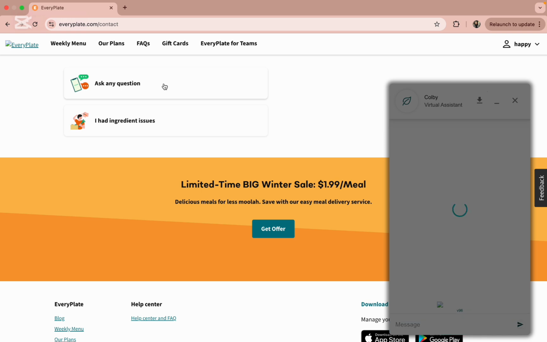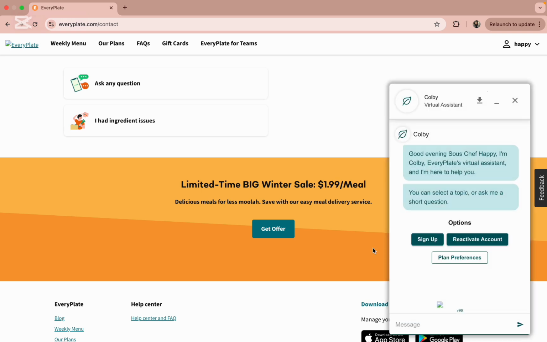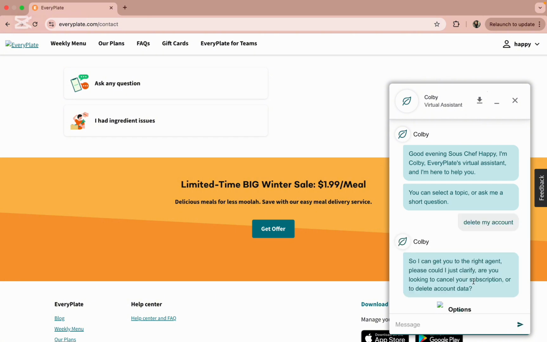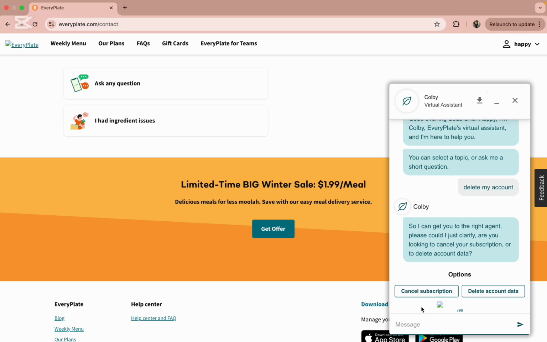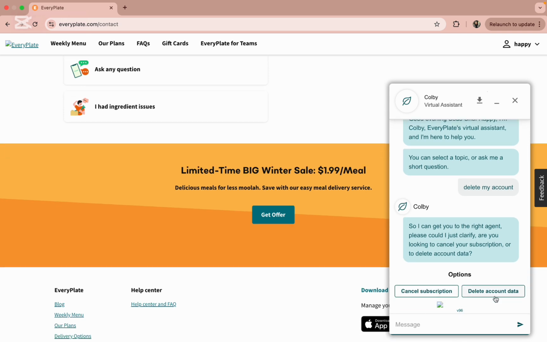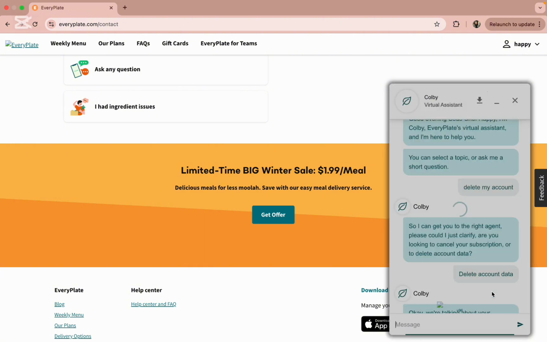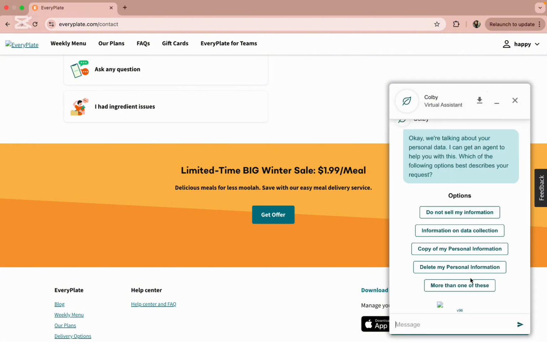Now you will get a virtual assistant on your screen, so simply type in your problem like delete my account. So once you have typed this, you will get a query from your virtual assistant about your cancellation of subscription or your cancellation of account. So simply tap on delete account data, and after you do this,